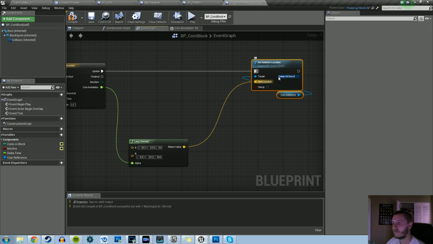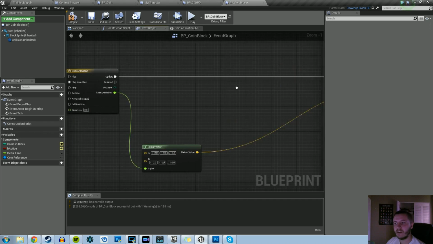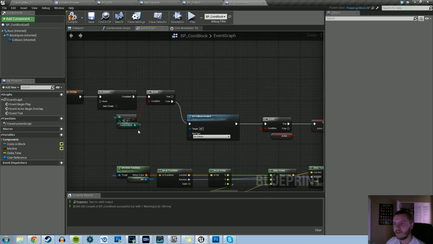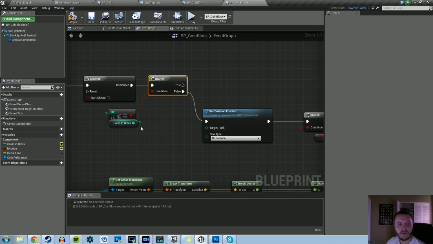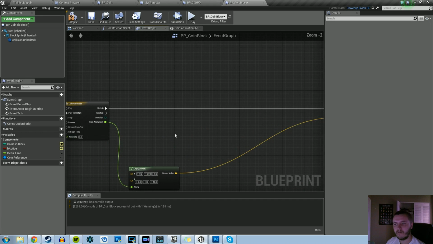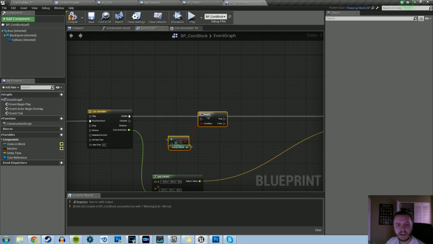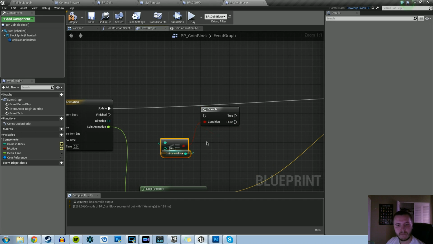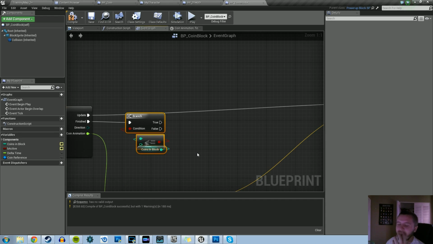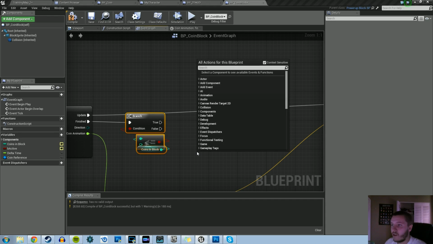And then what we're going to do, once this animation's finished, we're going to grab the coins and block thing that we have here. See where it's checking if it's greater than or equal to 0. We're going to grab that along with its branch. We're going to need that again. Copy and paste it over here. And this is going to connect to the finished. So after this animation's done, we're basically going to say, hey, is there any coins in this block anymore? If not,